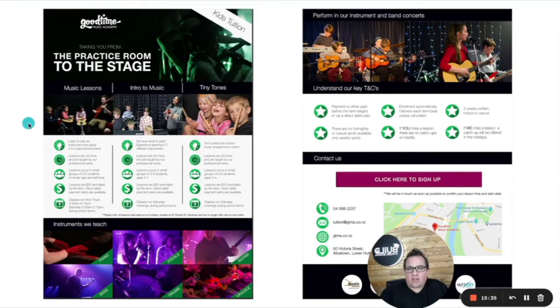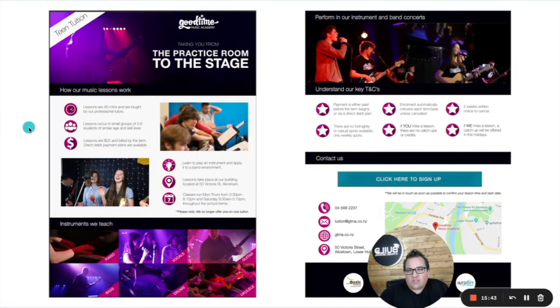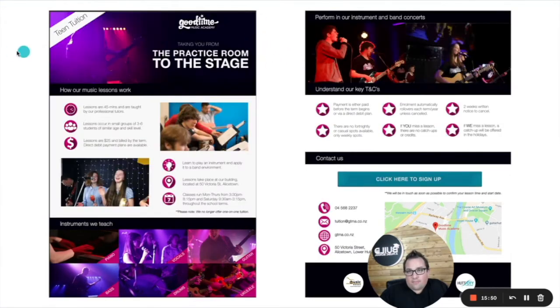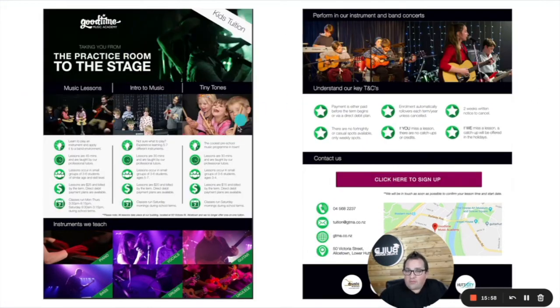So what does an info pack look like? Well, here are a few old ones from my school. What we did, I'll skip through here and come back, is you can see there are 3 different ones. We actually decided to split them into 3 groups. So we went kids tuition, teen tuition, and adult tuition. You might not use the term tuition, it's popular here. And so we made an info pack which has just the basic details and key things they need to know, where we are. It's this simple.